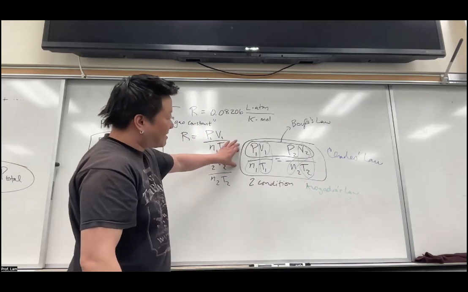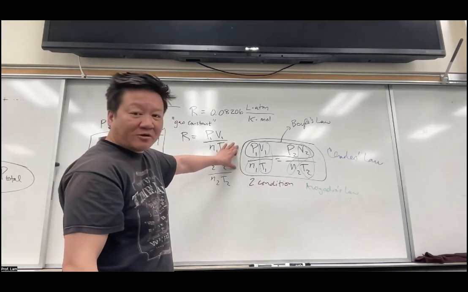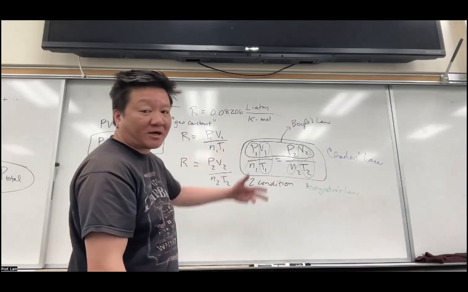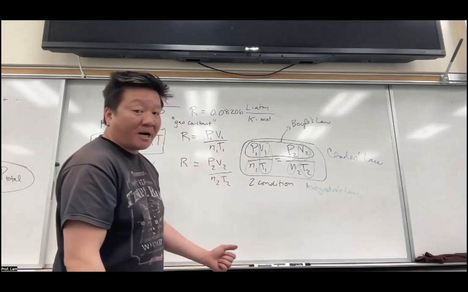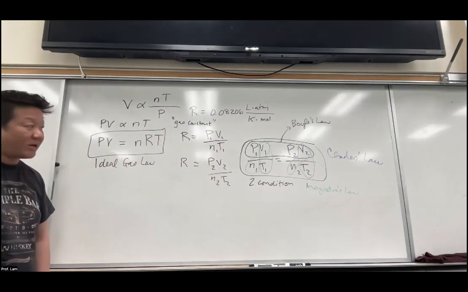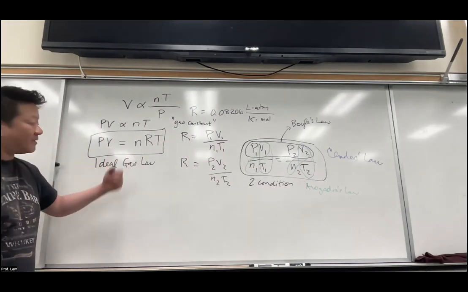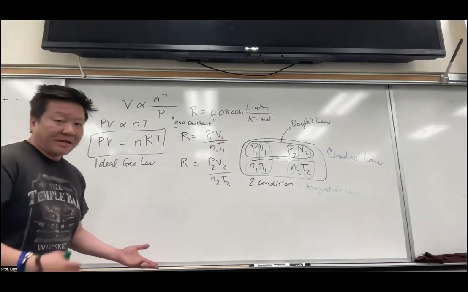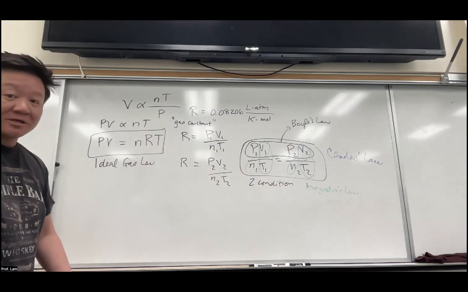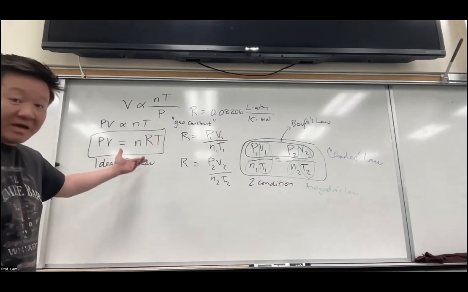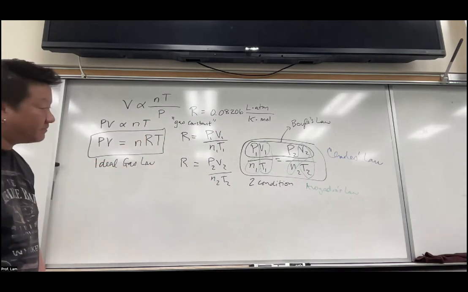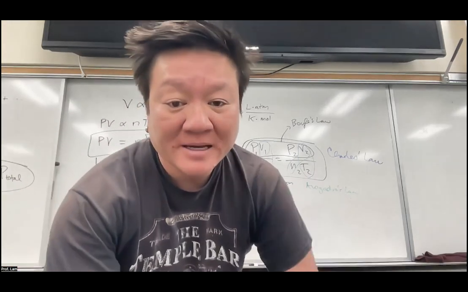By the way, this is one of the first equations, I believe, on your equation sheet. So from now on, you guys get equation sheets so that you don't have to memorize so much. There's a lot of equations, but you must memorize PV equals nRT, okay? That's not on the equation sheet. So that's the only one I really ask you to memorize because if you know PV equals nRT, you can derive all of these, right? So that, later on in your life, if you had to, you could derive all of these just by knowing PV equals nRT, okay? All right, so let's go back to the slides